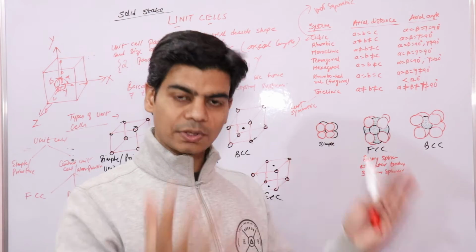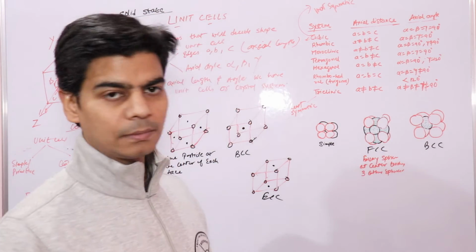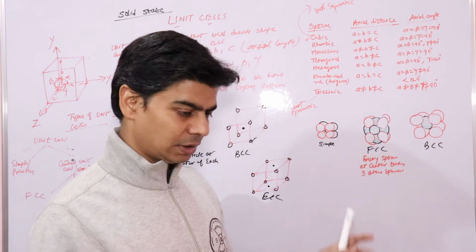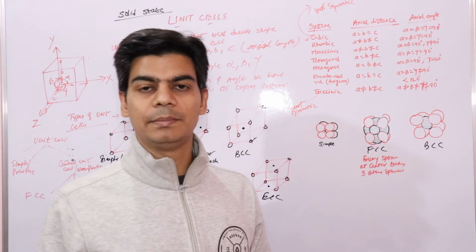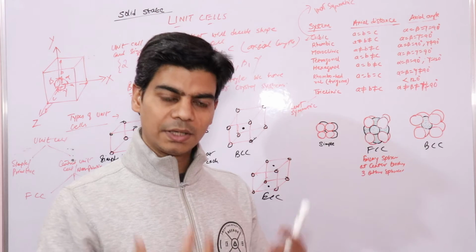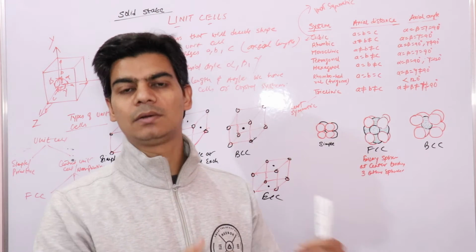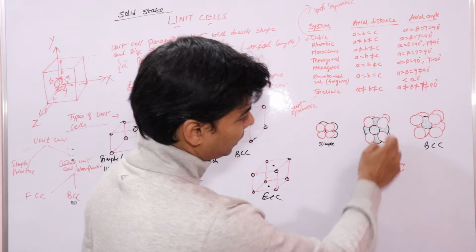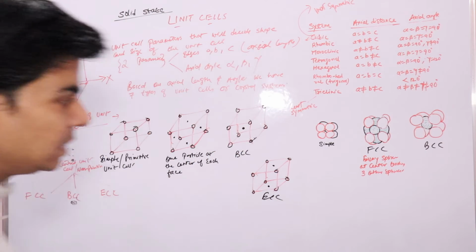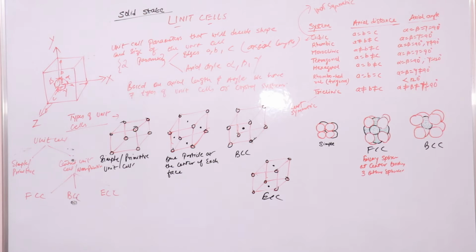If you look into the structure of solid, this is how coordination number looks, because we have studied in the definition that coordination number is the number of nearest neighbors. So these are the nearest neighbors that are touching it. Nearest neighbors means they should be touching that particular sphere or particle, right? So this is the concept of coordination number. And if you look at this diagram, the BCC, you see that every sphere at the corner is touching the sphere that is at the center, right?